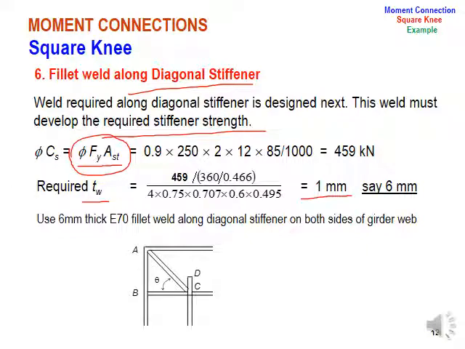Only one thing is to be noted over here. This 1 millimeter is a very small thickness for the weld. So it is very impractical in the field to provide this 1 millimeter. So at least it should be 6 millimeter, 8 millimeter, 10 millimeter. These are the most reasonable values. The minimum practical thickness of the weld that can be provided in the field, that is the logical one, is 6 millimeter. So you can start with 6 millimeter, and then in multiples of two, meaning 8 millimeter and then 10 millimeter, you can increase it. So the most suitable is the least value, 6 millimeter. 1 millimeter is very illogical to apply.